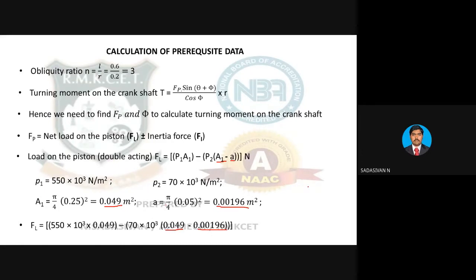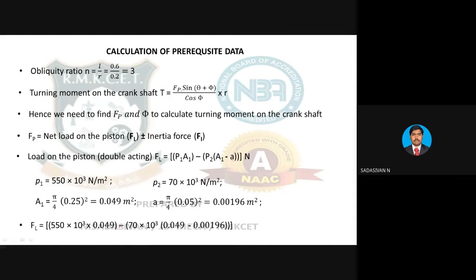Why are you doing this? As I already told you, in a double acting cylinder, above the piston, the entire cross-section area of the cylinder is available for the gas pressure to act. But on the bottom side, you have a connecting rod, and this much area is not available for the steam pressure to act. So I subtract this connecting rod area from the actual available area to find A2. That is why I'm subtracting, for the reverse pressure to act. This is the cylinder area minus connecting rod area. That much area is available for this back pressure to act, and the back pressure is opposing your actual work pressure, so you are subtracting. Very simple logic, right?